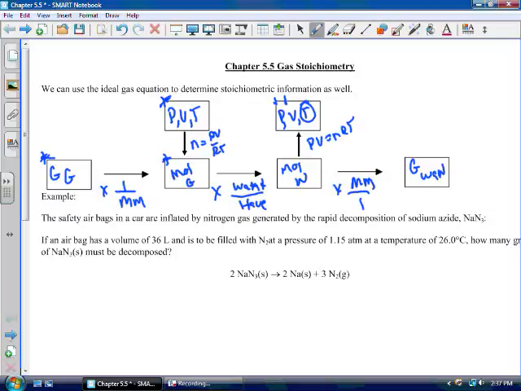When we start with stoichiometry, we always said the first step is to balance the equation. In this case, our equation is already balanced. Step 2 is to write down what we know and what we want to know underneath the equation. All right, so what do we know? We know the N2 is going to have 36 liters. We know the pressure of the N2 is going to be 1.15 atmospheres. And we know the temperature of the N2 is going to be 299 Kelvin. All right, so that's all we know. We want to know how many grams of that substance we're going to have to start with